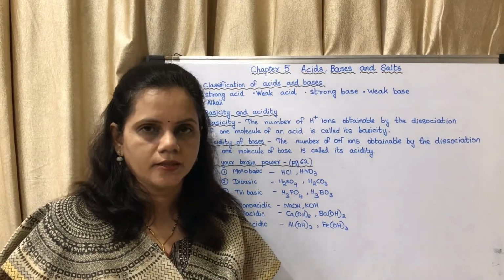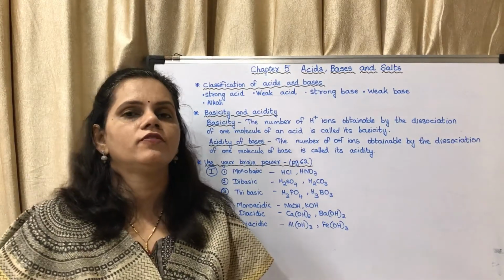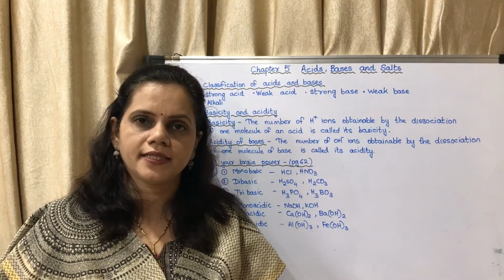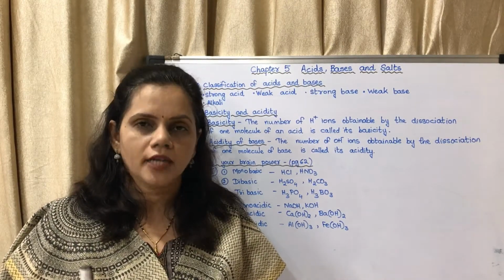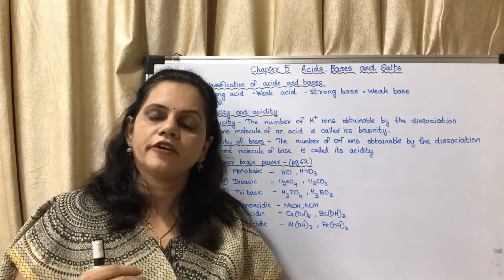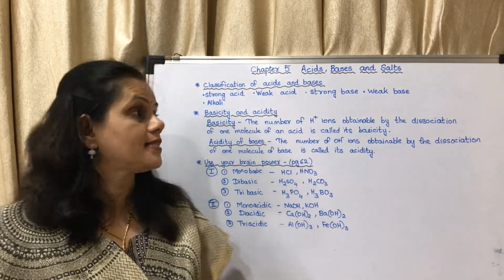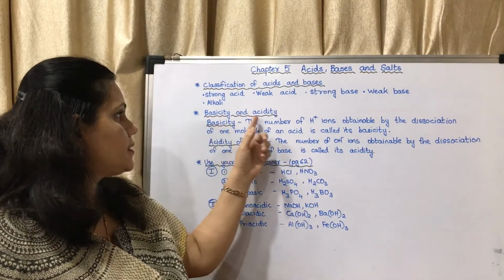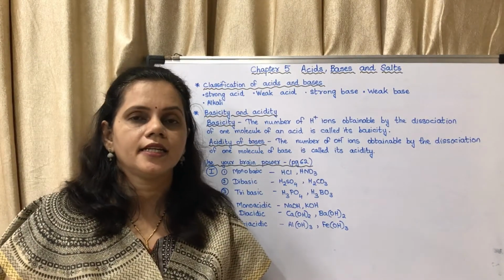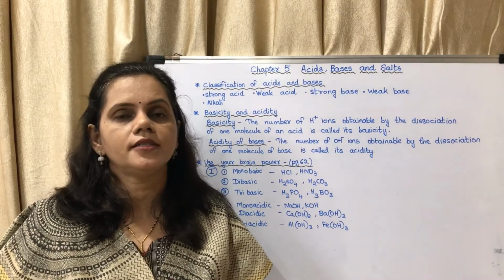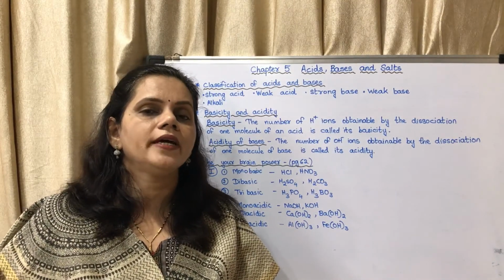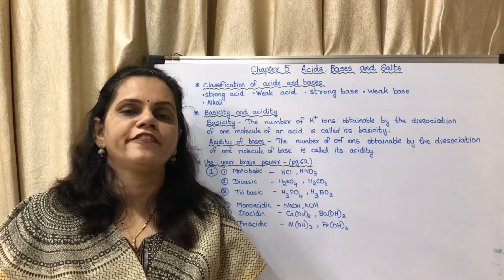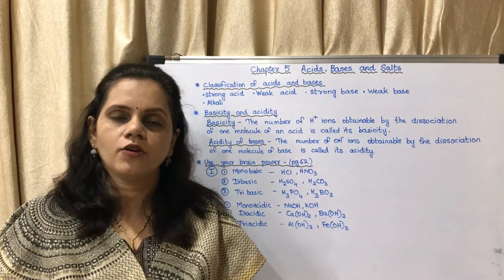These you may learn. So today what did we learn? We learned about 3 types of compounds: acids, bases and salts. Then about ionic compounds, the definition of acid, definition of base, classification of acids and bases, basicity and acidity. These topics are very important in chemistry. You could be asked 2-mark questions from these parts. You may read the chapter and if you have any doubt you may ask. Okay, thank you.